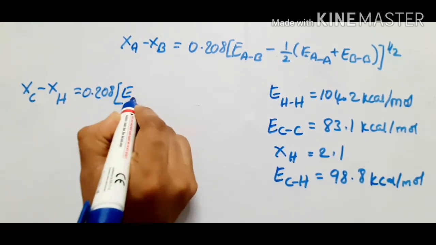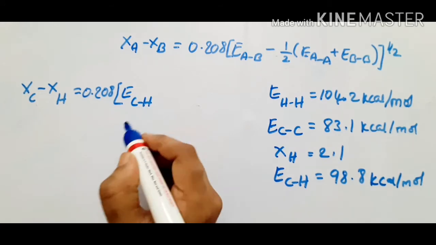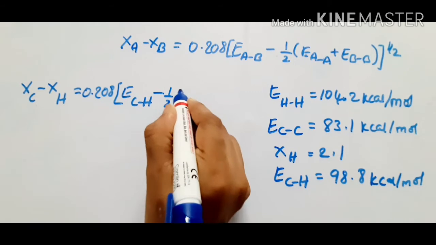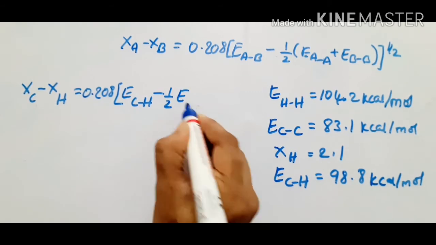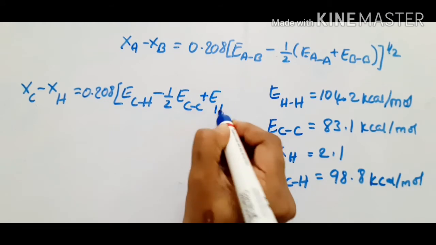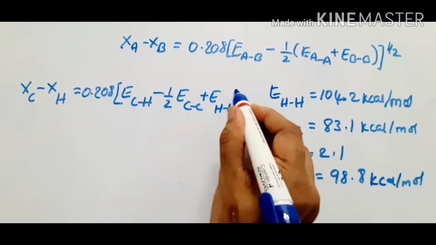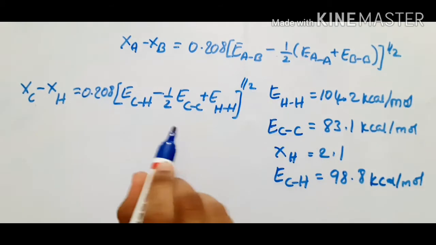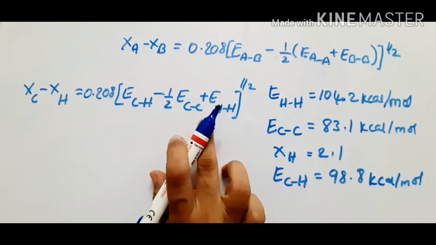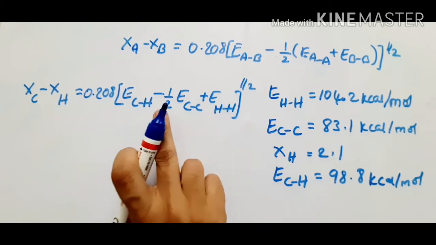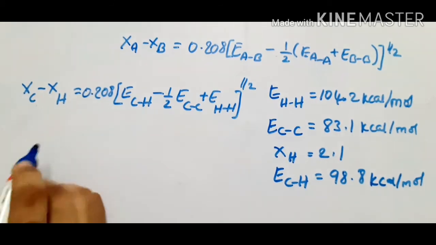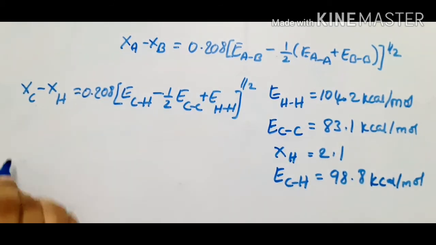You can write down the equation. XC minus XH equal to 0.208 into ECH minus 1 by 2 of ECC plus EHH, whole power 1 by 2. This is the equation you have to write: 0.208 into ECH minus half ECC plus EHH. Okay, when you calculate this one,